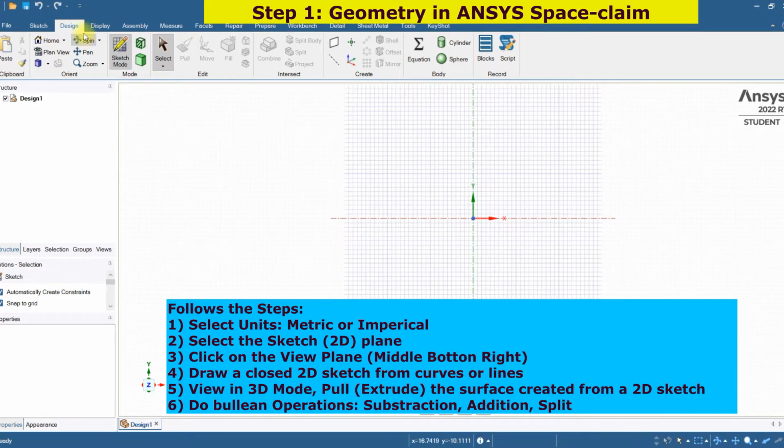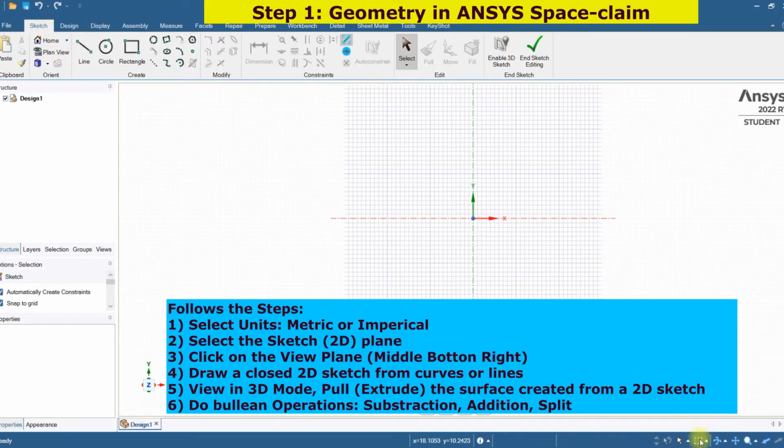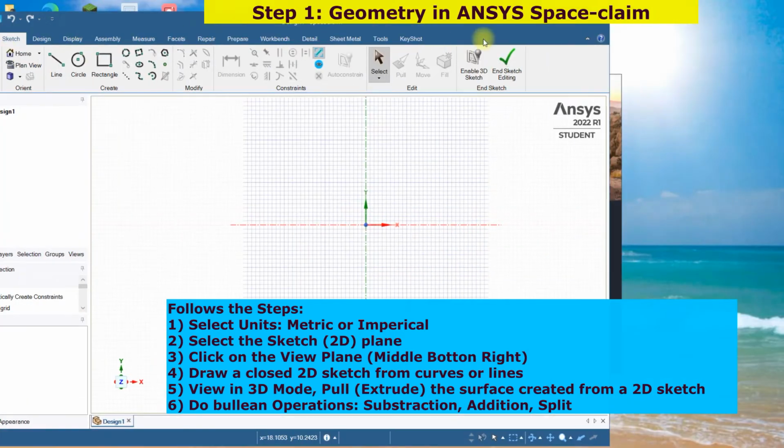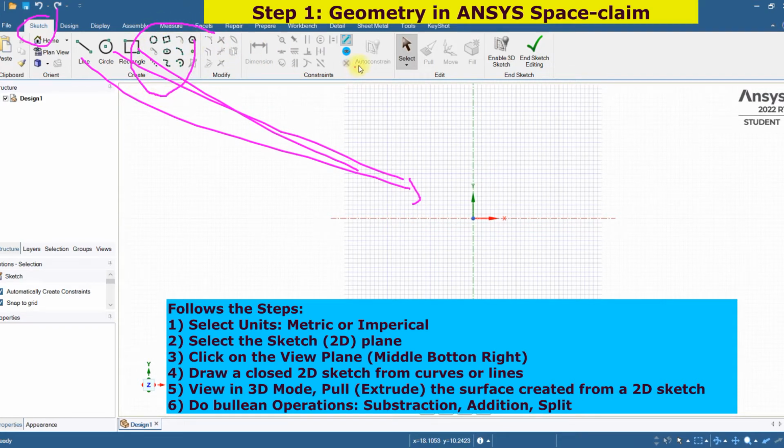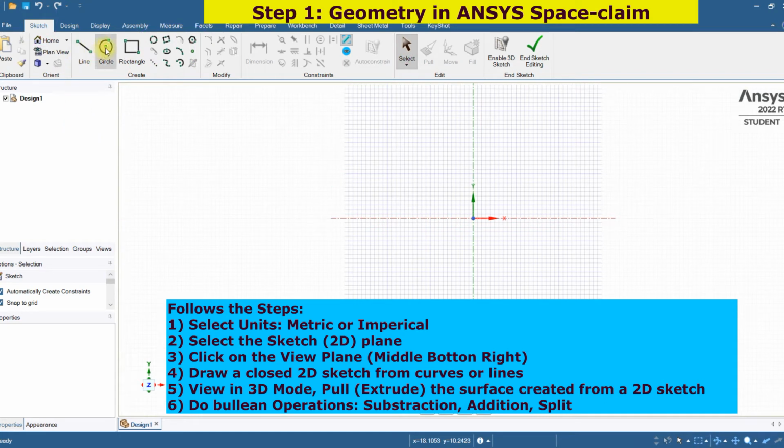In the sketch option you have to create a geometry. You can draw a line, circle, whatever you want. Here there are some options: line, circle, square, and some options like trimming and chamfer are also there. First we can draw the circle as per the desired diameter. Once the circle is created,